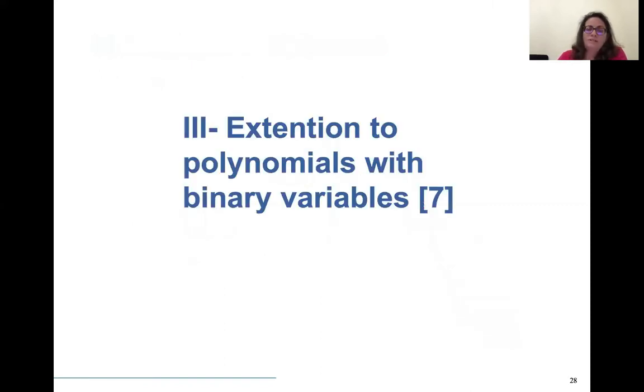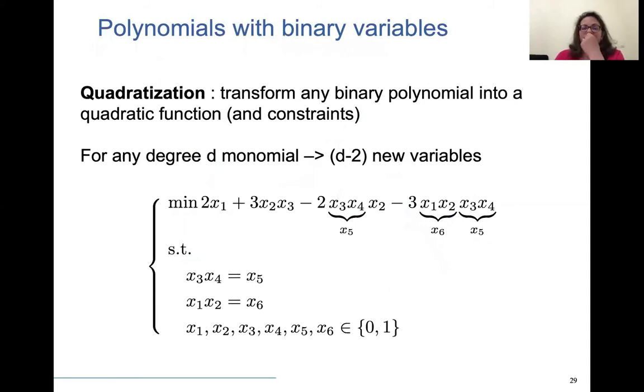So now, how to extend to polynomials with binary variables? I will show things on an example. The main idea is that any polynomial with binary variables can be transformed into a quadratic function with some other constraints. So here on the example,